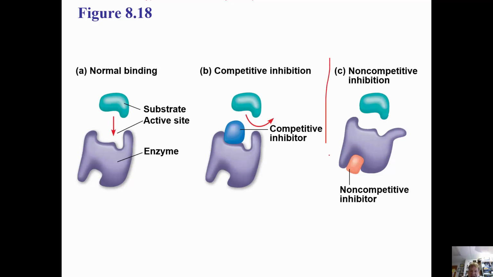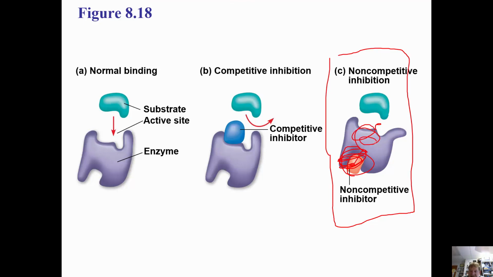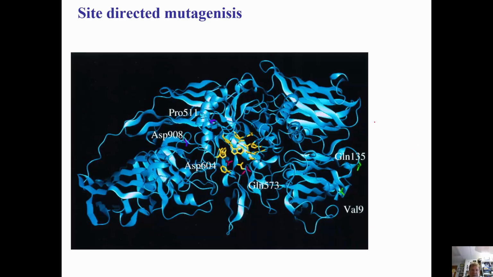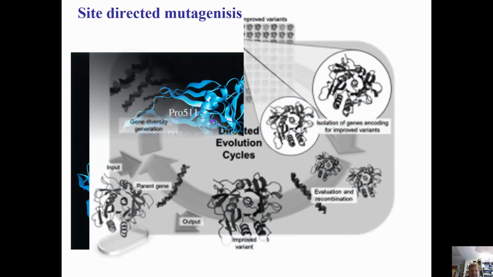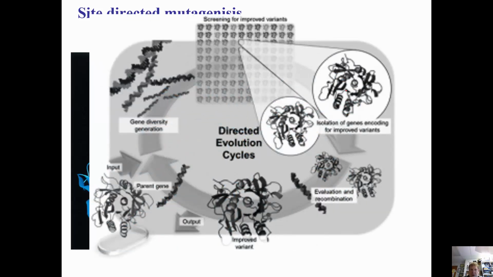And so here's an example of that non-competitive inhibitor over here. Even though this is the active site over there, and even though that inhibitor binds on the exact opposite side of the protein, it can affect the shape of that particular active site, and it will no longer bind. Okay, and so here's an example of a topic that we call site-directed mutagenesis,